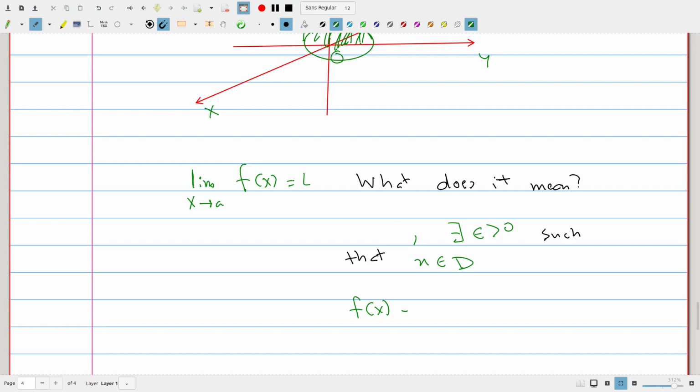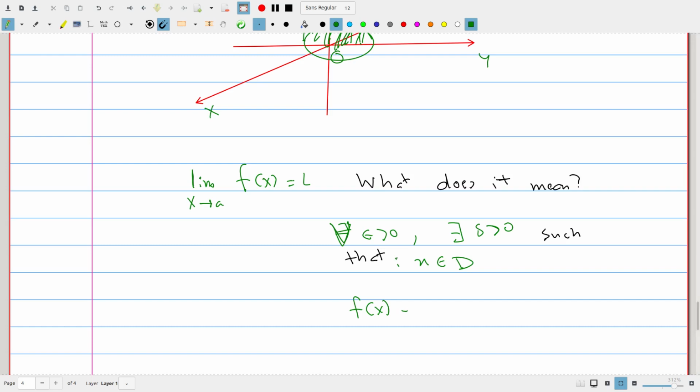Let me start this again. This should be: for all epsilon greater than 0, there exists a delta greater than 0, such that